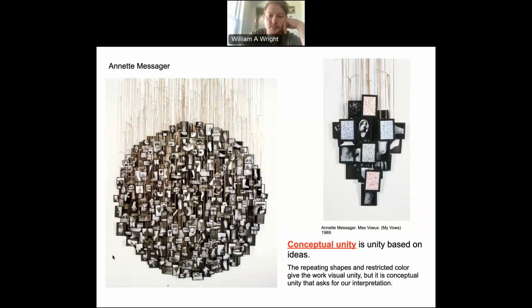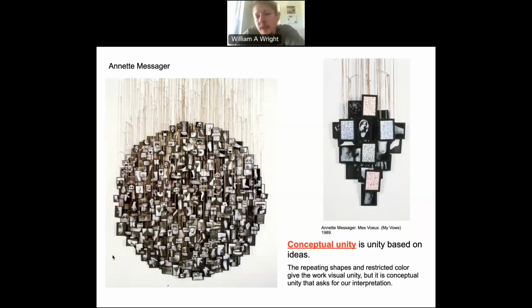So we look here at these pictures. The one on the left is pretty clear because, while there's all this variety and they're different photos, the unity is the idea that they're body parts, right? And the idea of a body part, while it's literally unifying in that they're body parts, even the different body parts are unified in the idea that they are the body, right? Okay, so it's a little bit